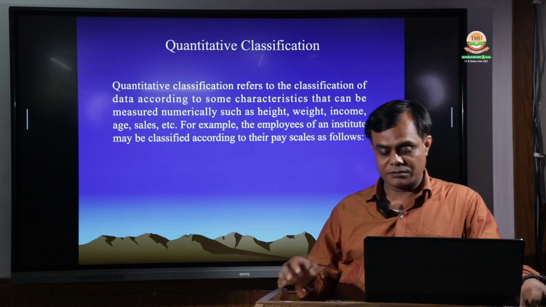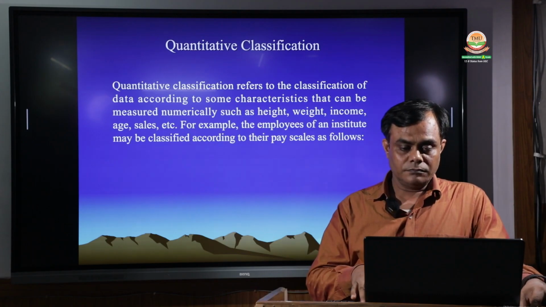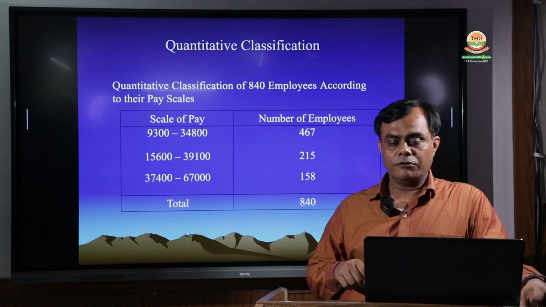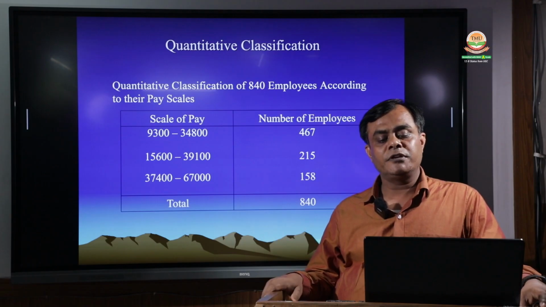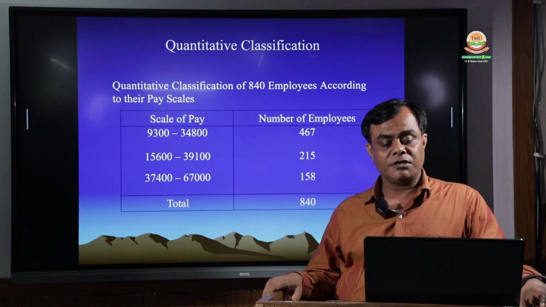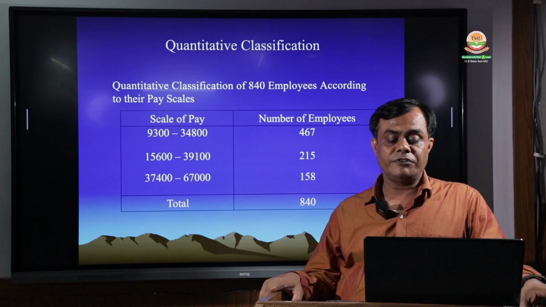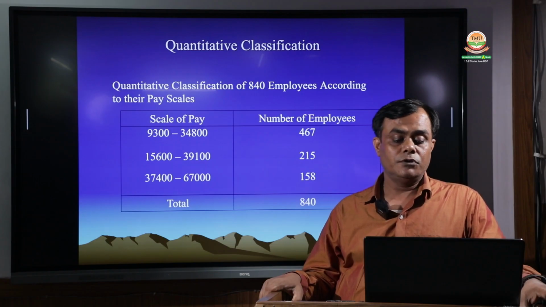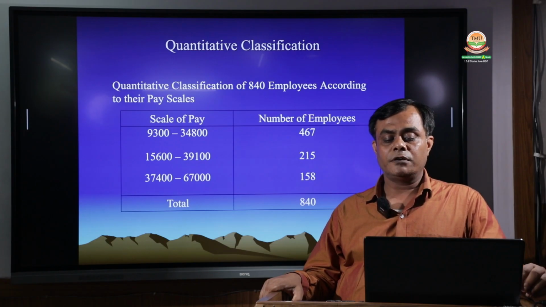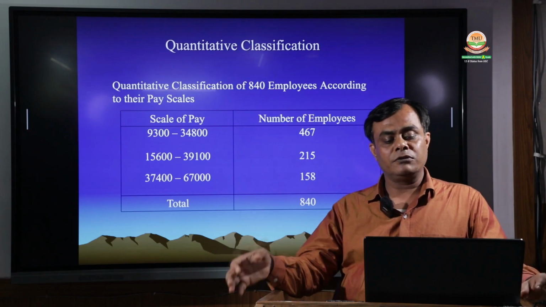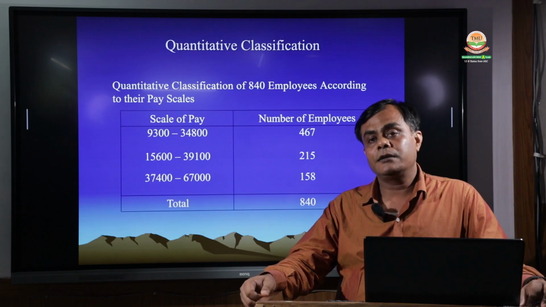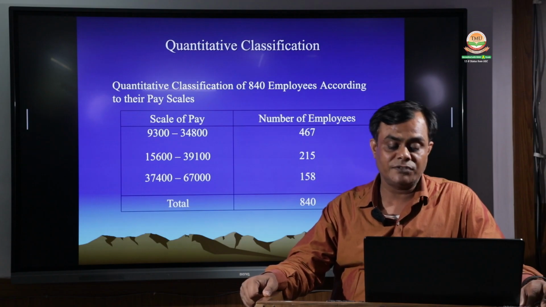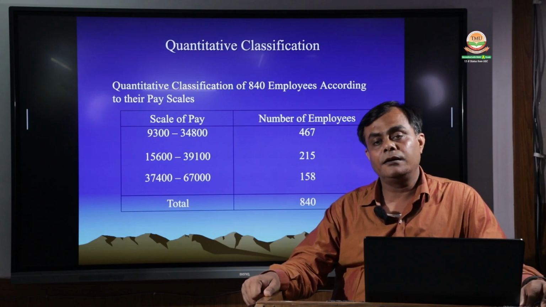So by this table we can understand a quantitative classification of the employees. There are 840 employees in a particular organization, and they are classified on the basis of pay scale. So the pay scales are